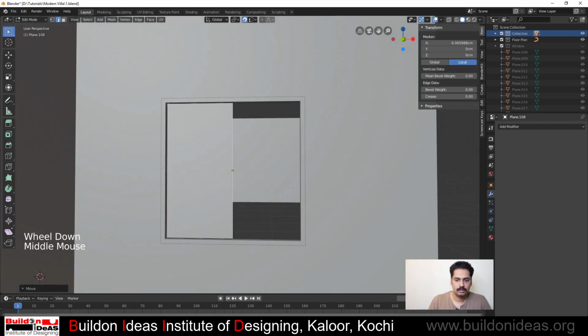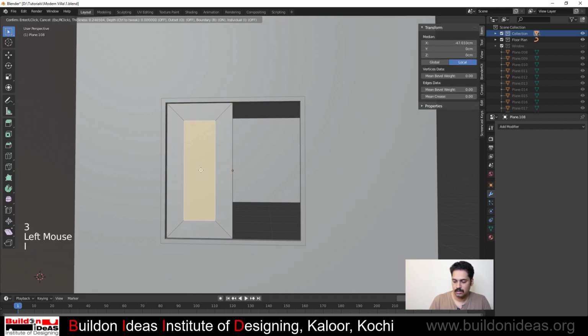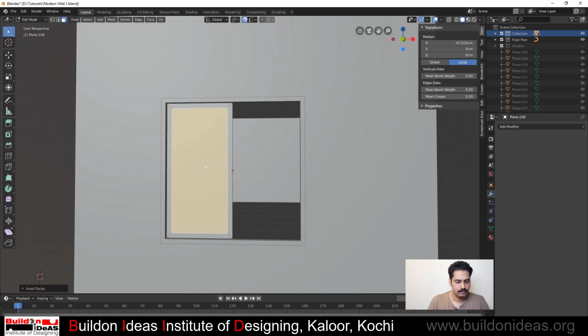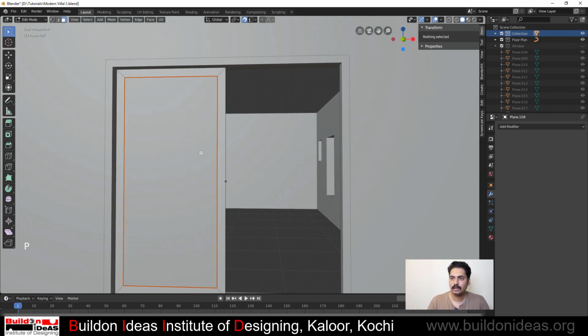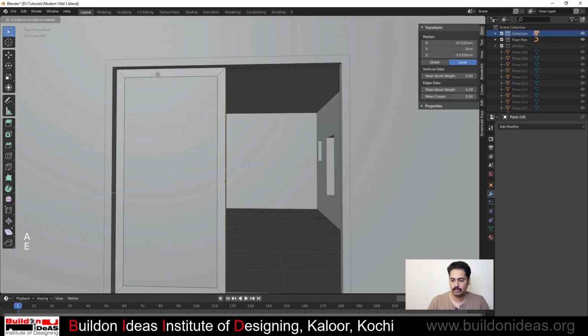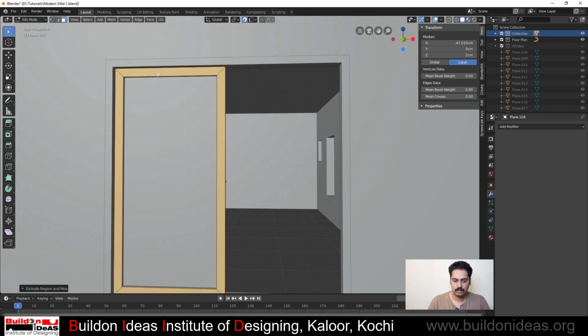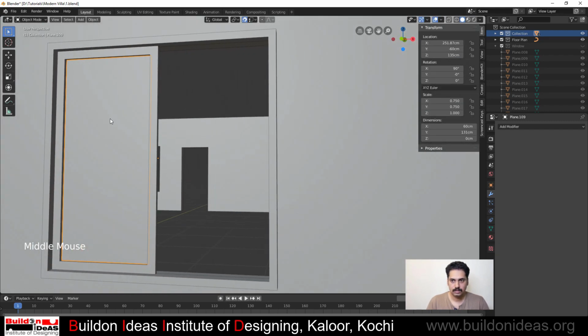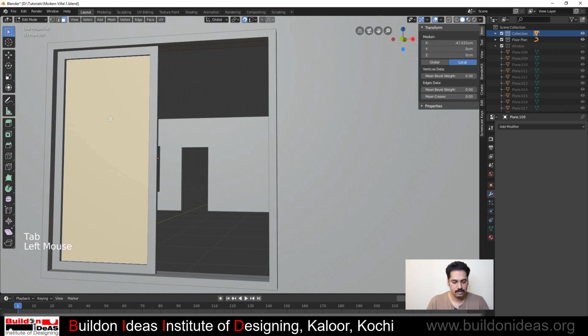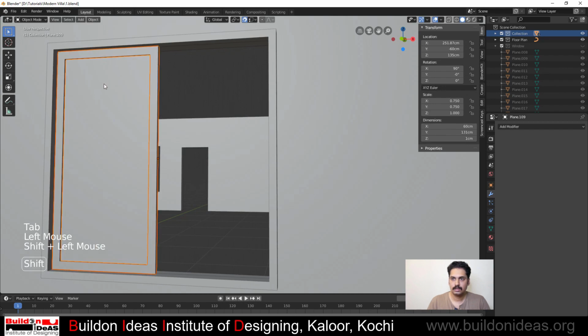And then what you do is, in the edit mode, go to 3 and then click Inset and then say 7 centimeters, and then again P to make it a glass, and then select this, edit A, and then extrude to around 2 centimeters. Now select this, just a slight extrusion is required just to make it a thickness, and then select this and this, and then